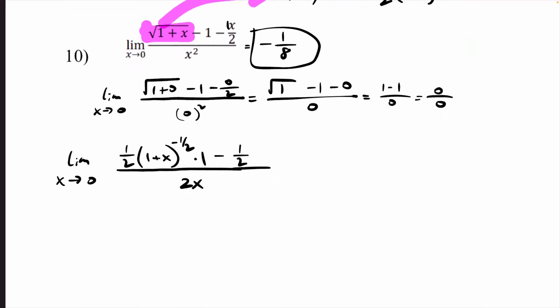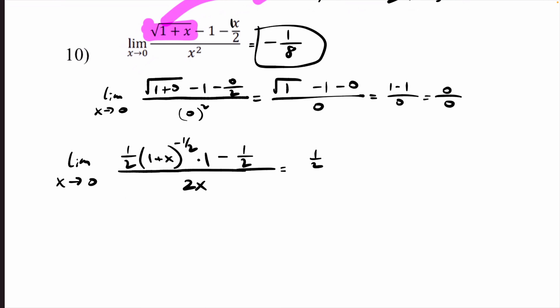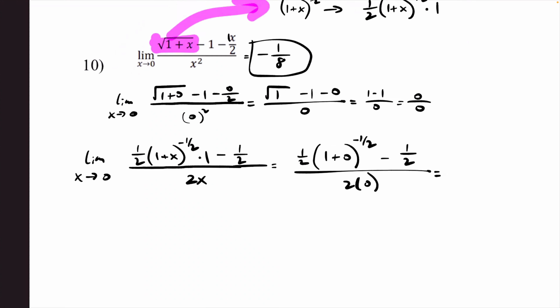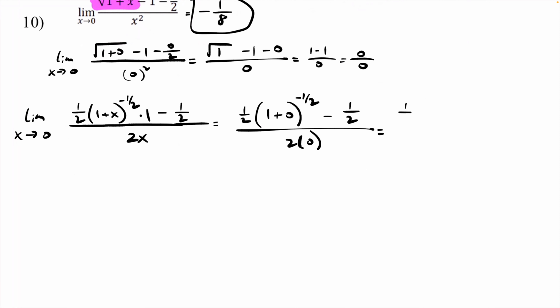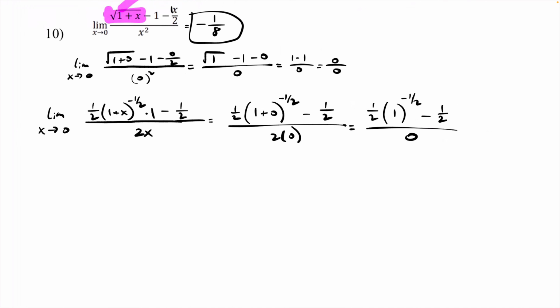Oh, no. Let's see, we got 1/2, 1 plus 0, to the -1/2, times 0, I'm not going to write it again, minus 1/2 over 2 times 0. So 1/2, and then we get 1 to the -1/2 minus 1/2 over 0. All right, I'm seeing a lot of... So what does -1/2 power mean? 1 to the -1/2 power. What does that mean